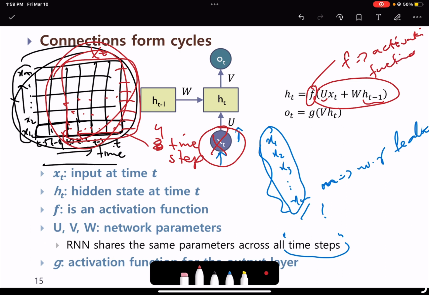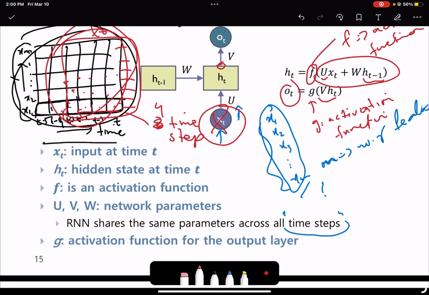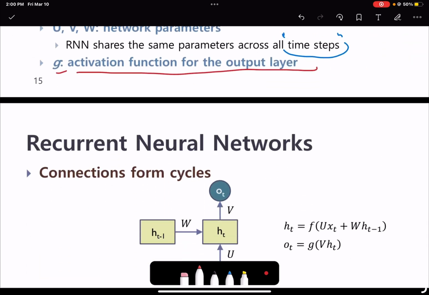F will be your activation function, and once we have the output here, we again apply an activation function g, to get your final output O of t. So g is the activation function for the output layer, and f is the activation function for the other layers, the hidden layer nodes. Okay,